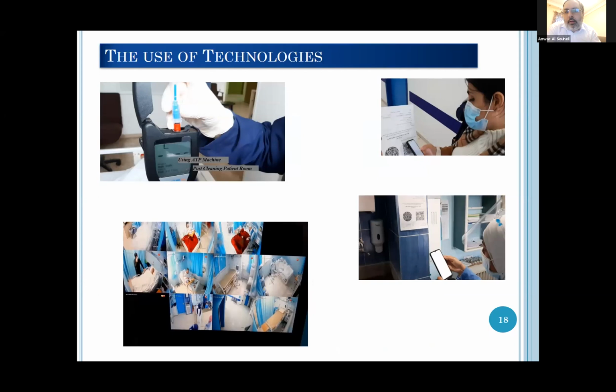Okay, this is another picture showing how the ATP is done in the first one. In another picture, the nurses are trying to photograph something with their phones. This is a QR code. I will tell you a little bit about it. If you just use your camera in front of this QR code, it will open a PDF file